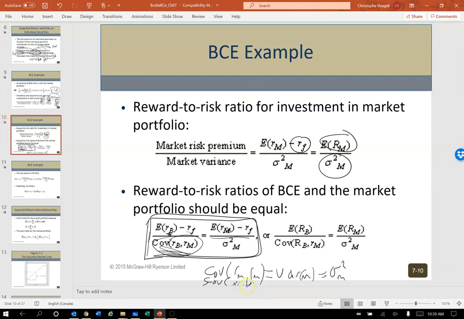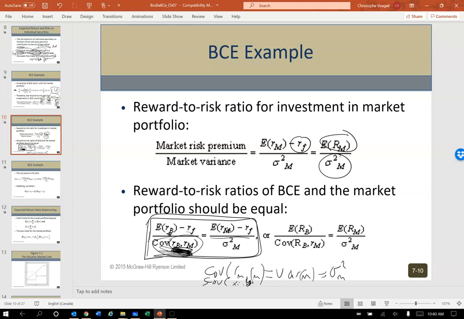y_i. It would be two different data points. But if I'm doing covariance of x with x, I'm getting variance of x. Okay, so hopefully that makes sense. Covariance of the market with itself is the variance of the market. Again, covariance is usually two different data points like we'd see here. So if I do covariance of X with itself, it's the same thing as doing variance.